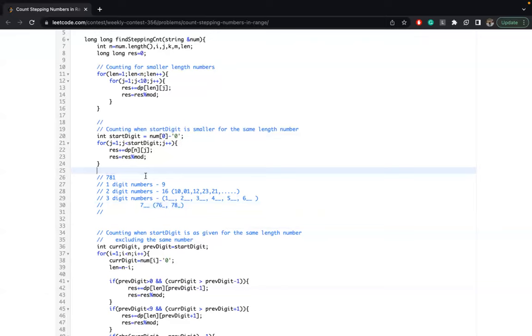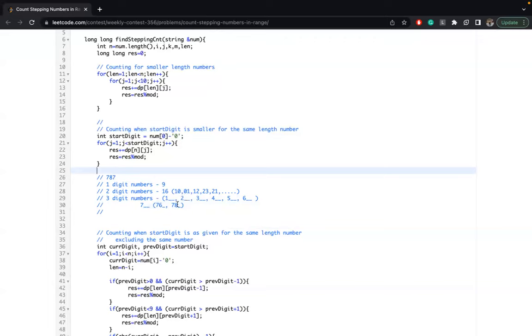So with 8 we will not do anything, we will proceed to the next number because 8 is exactly the number which I am looking for. So I'll go to the next digit. So after 8 we will go for 7, and with 7 I'll find out that